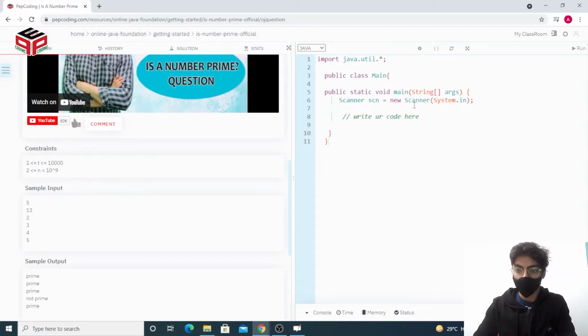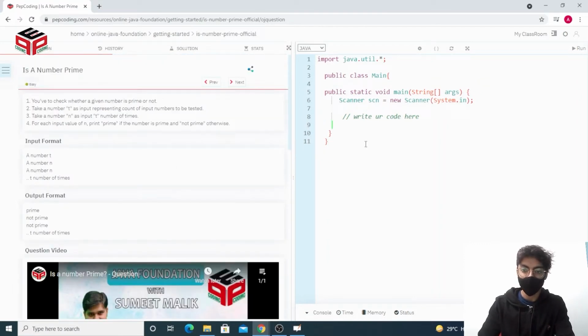So to code it up, we already have our scanner with us. We first need to take an input for our test cases. Then we need to take an input for n numbers from 0 to t. We have t numbers. And now I take an input for my number.